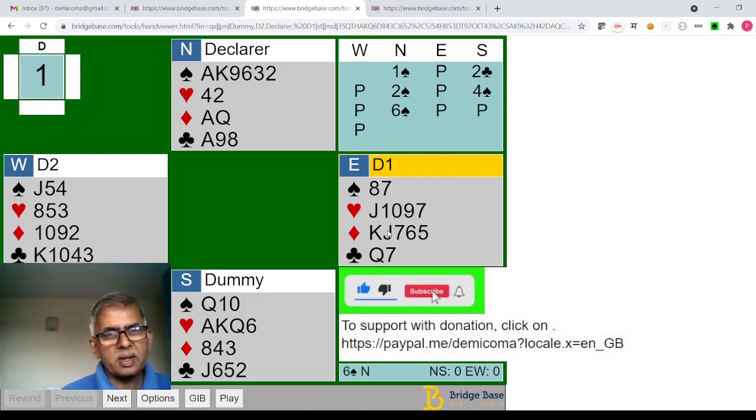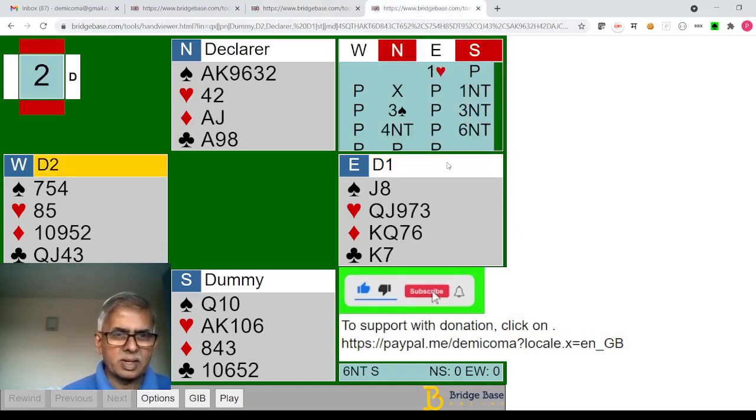So you want East to have King Queen of diamonds. So you will give East King Queen of diamonds. And now, since with King Queen of diamonds East would lead the King of diamonds, you would rather not have East on the lead. You would rather have West lead. And then you can play around with the bidding a little. And you might come up with this hand.